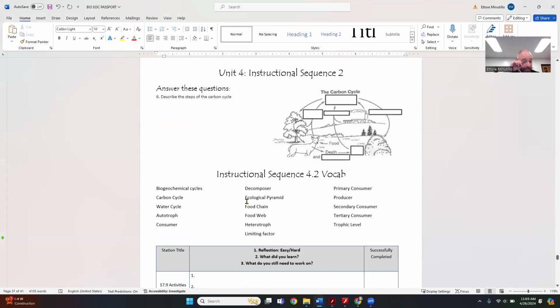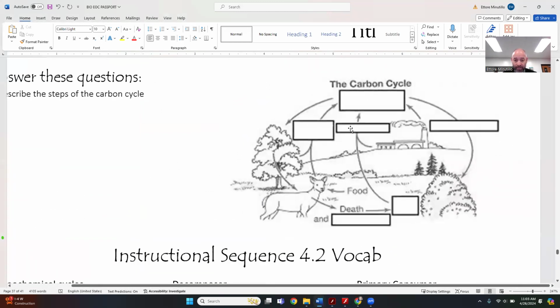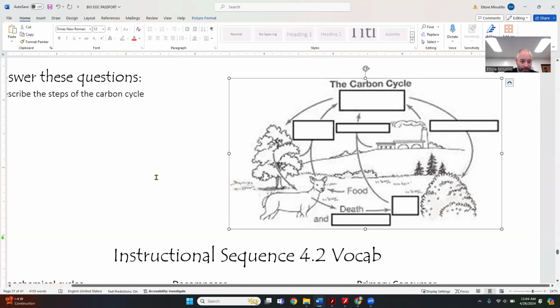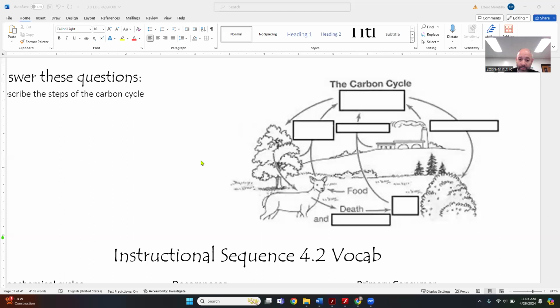Okay. Describe the steps of our carbon cycle. You guys, carbon cycle. We've got a couple different ways to cycle carbon around through our systems and areas. So I'm going to have to use annotations again. Let's see. So for our carbon cycle here,